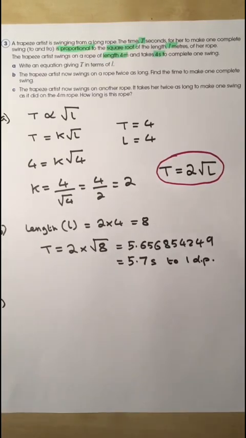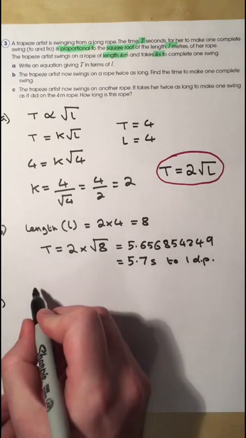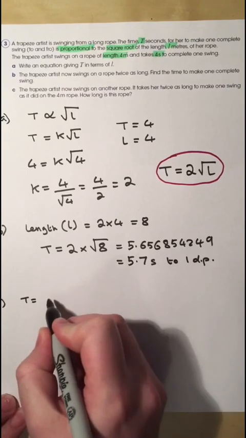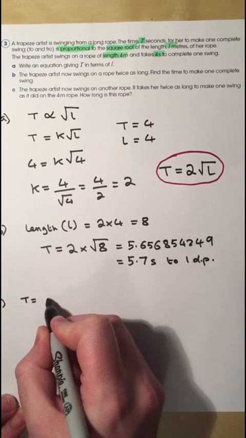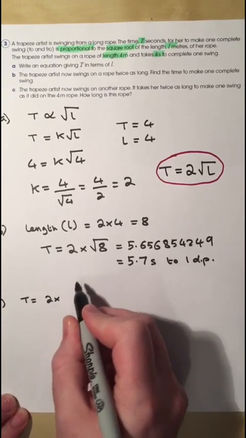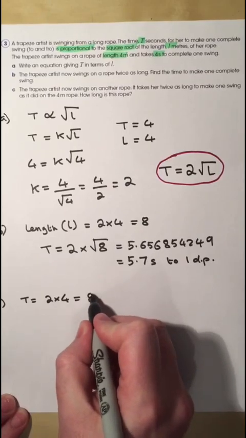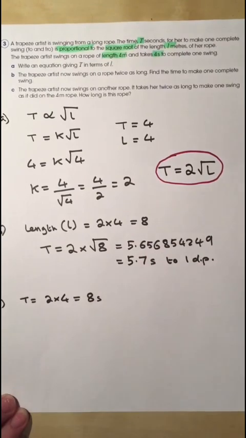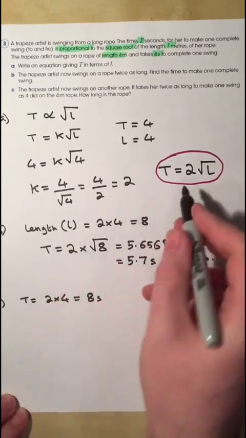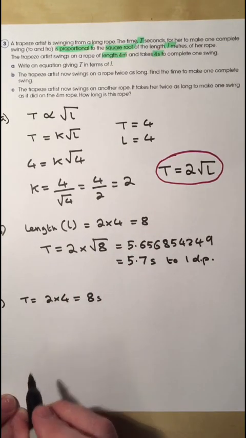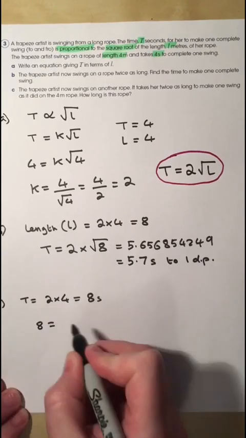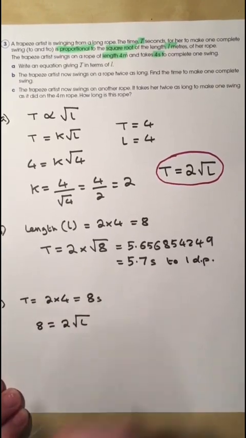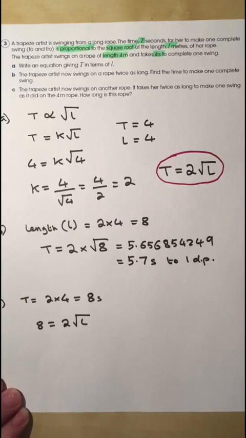Now it says it takes twice as long on another rope, so a new rope. We don't know the length, but we know the time is twice as long, so the time is 2 times 4 seconds, which is 8 seconds. So using this equation, we write down 8 equals 2 root L, substituting our value in, and to solve it,